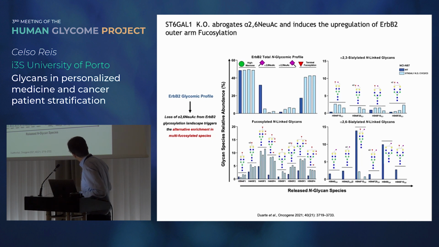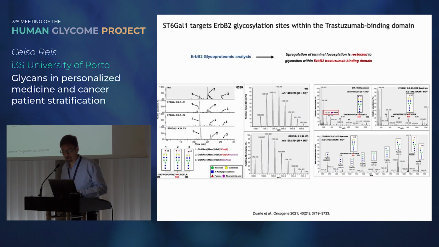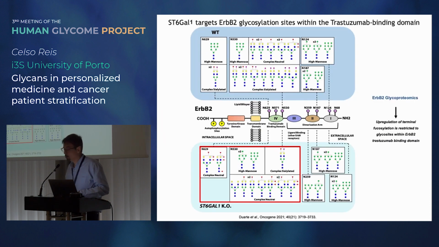sialylated glycans, and also an increase of fucosylated glycans. Some also increase in alpha-2,3 sialylated glycans. And the glycoproteomic analysis provided information about the specific site where these were occurring in these cells. And if you put all the data together, we can have the map of the ERBB2, and some of these major alterations were occurring in domain 4, which is the domain that trastuzumab, the therapeutic antibody,